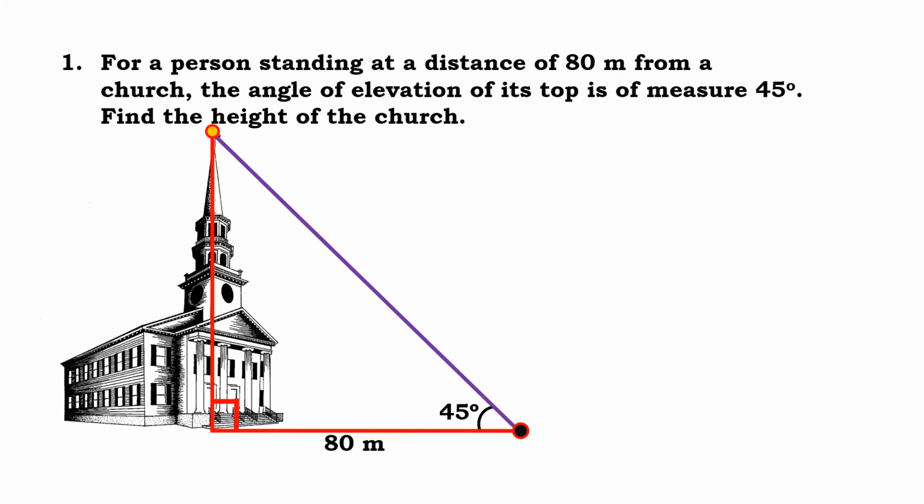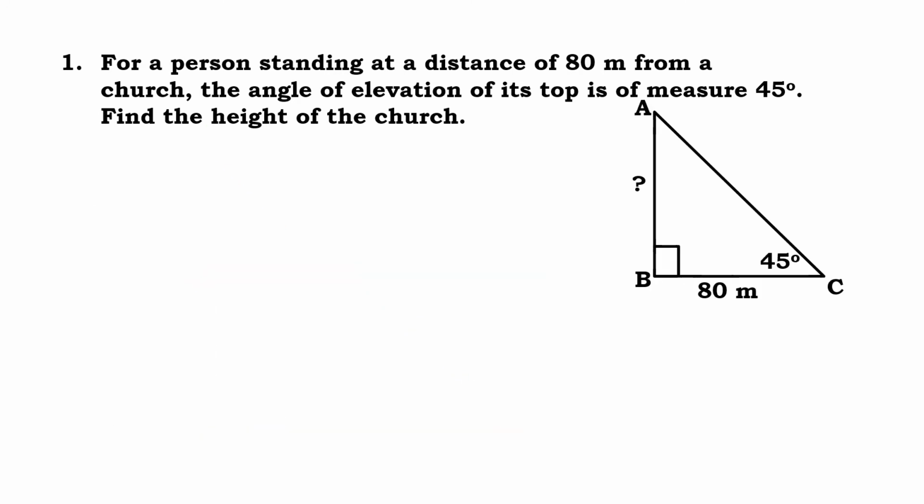See, we assume that the church is perpendicular, that means it's 90 degrees, a right angle triangle. So when it's a right angle triangle, we need to find the height of the church, that is AB. Now let us find out. As you know, this is the church, so I can write here, this is the height of the church we need to find over here, right?